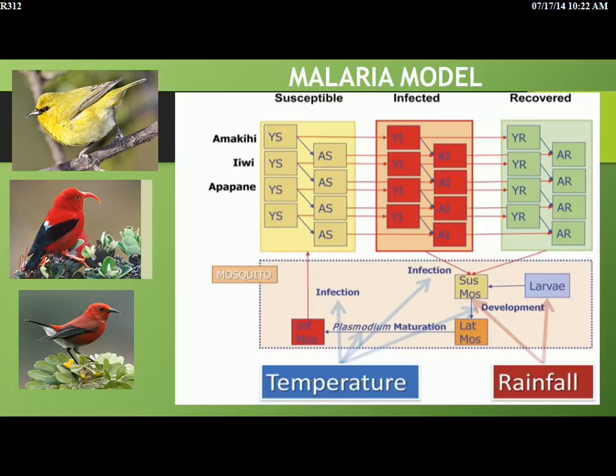Mosquitoes are driven by a developmental cycle of egg laying and larval development. Once they become infected, the mosquitoes then have to delay for some period of time while the parasite develops, and this is called the latent period. When the parasite develops, then they're infectious and they can bite susceptible birds again. So the model is driven by the way the system works, and our knowledge about how different relationships